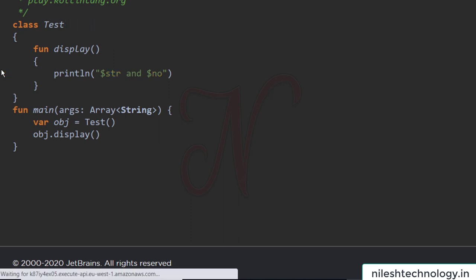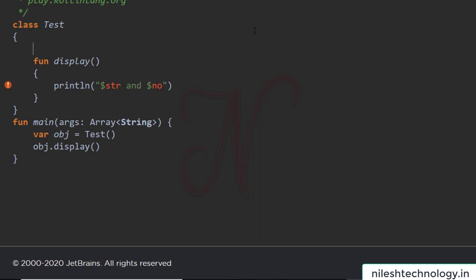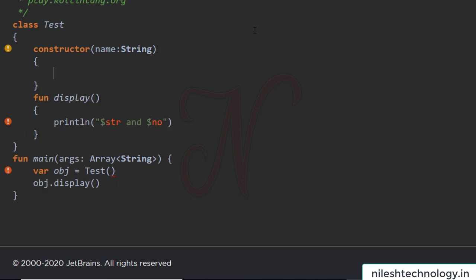This is your plain class Test, and here we define a constructor by using the constructor keyword, with one parameter, name, a string. Here we println name equal to name, and a message, display call.